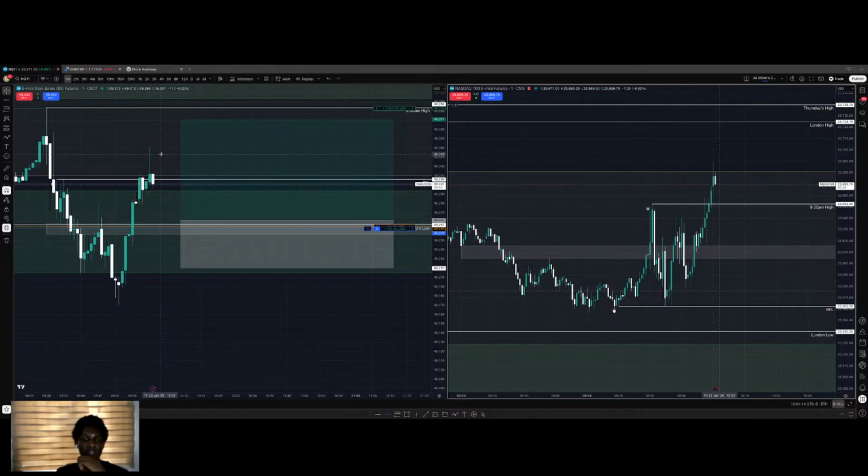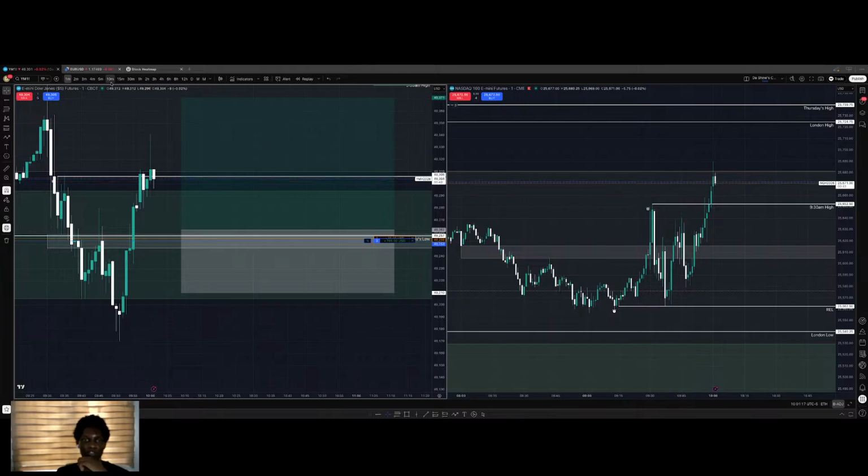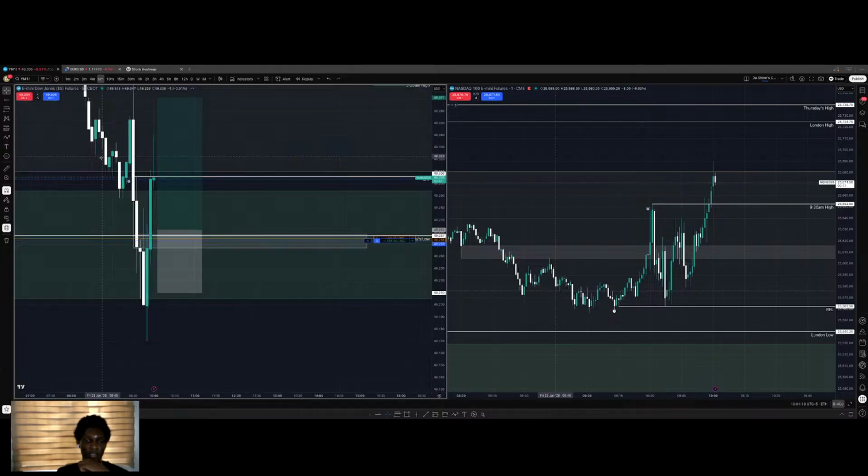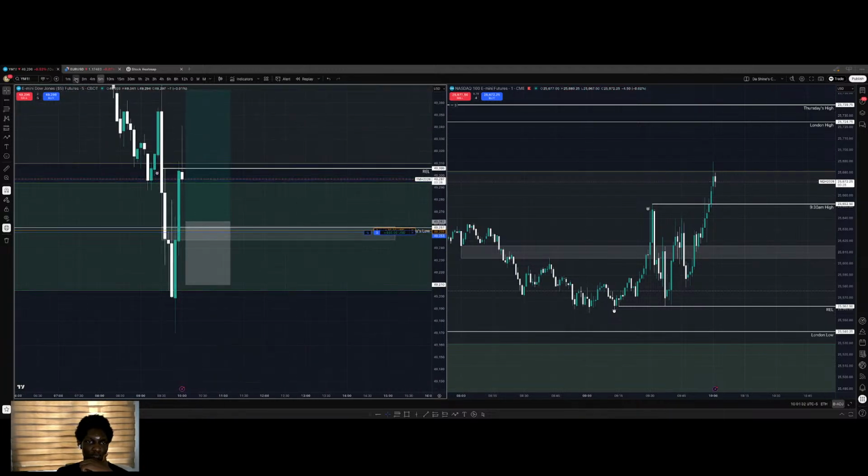So you see what I said I don't want to see? Because we do have a 5 minute gap here and an order block. So right now we're respecting this order block and this gap. Now it's just to see how low it's willing to go. If it's gonna stop me out, then maybe I'll look for another entry. Yeah, I don't know. We'll see.